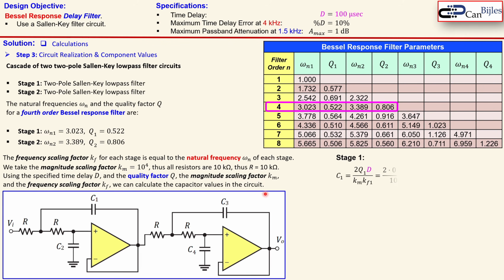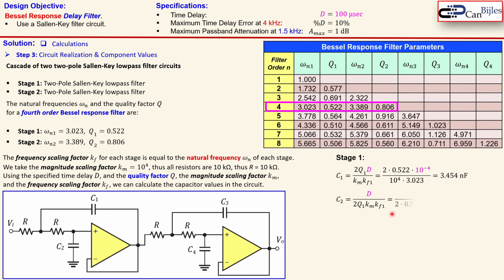So for stage 1 we can calculate C1 using this formula. You see here Q1, which is the quality factor from the first stage, D, which is our time delay, here 100 microseconds, the magnitude scaling factor, and KF1, which is the frequency scaling factor for the first stage. You see here again the omega n1, just copy that here, and 10 to the power 4, which is Km. Since Km is the same everywhere, I haven't designated it as Km1 or Km2, and the quality factor again from the table. Now, if you do that, you get almost 2.45